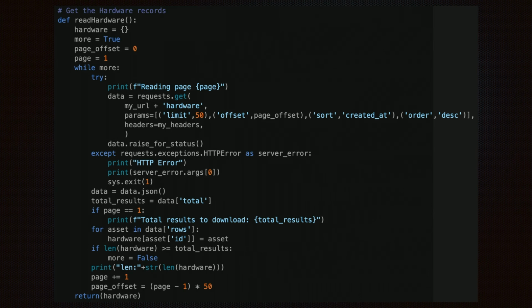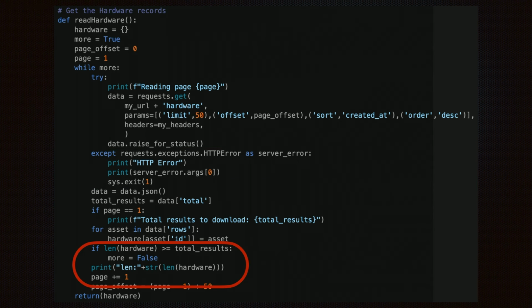I'm going to use some example Python code that I wrote here. Please do not take my Python code as an example of how you should write Python. I am self-taught and most assuredly not holding it right. That being said, this is kind of how I structure the things that I write that work with APIs. First, I write a function to interact with a particular API endpoint that I haven't used before. In this case, we're reading all of the hardware records from Snipe-IT. While my code is not something to aspire to, I am handling both errors and pagination.